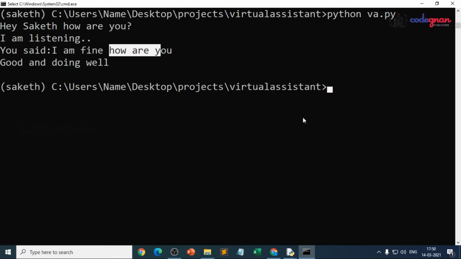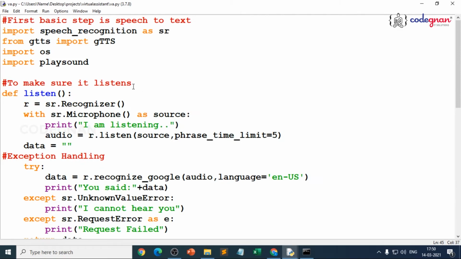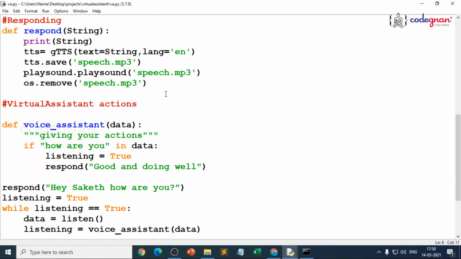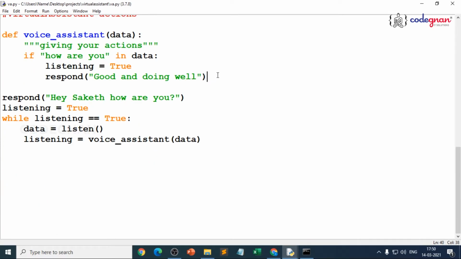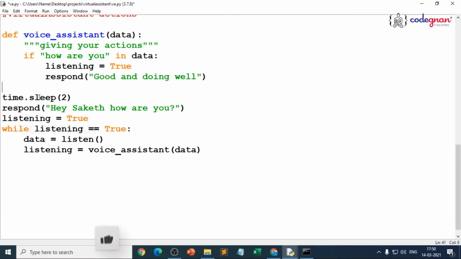And you can even make it wait for a particular moment. For that, we'll import the time module, and make it wait for a particular moment. Let's go for that. For that, you can use the sleep function. That's how you can give a timer, right? So time dot sleep of how many seconds? You can make it wait for 2 seconds. There you go. I'll save and execute again.